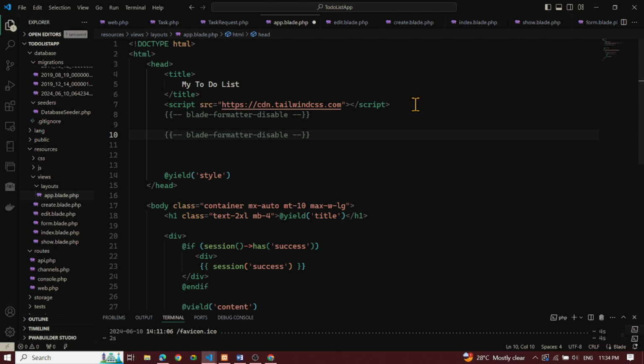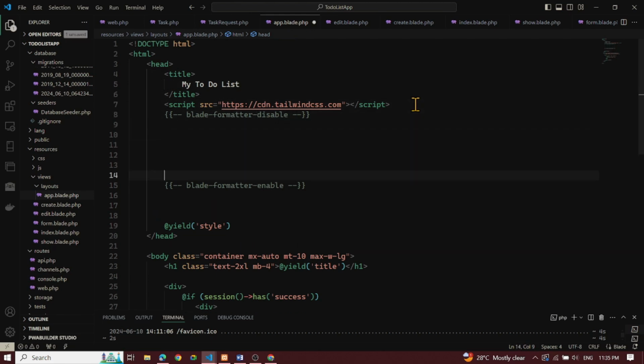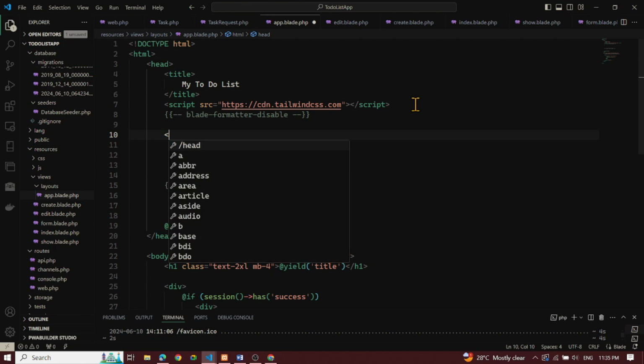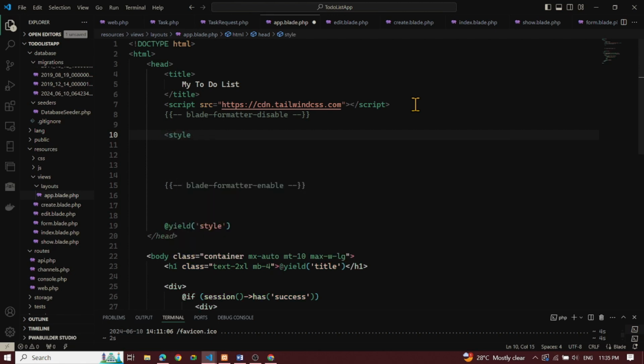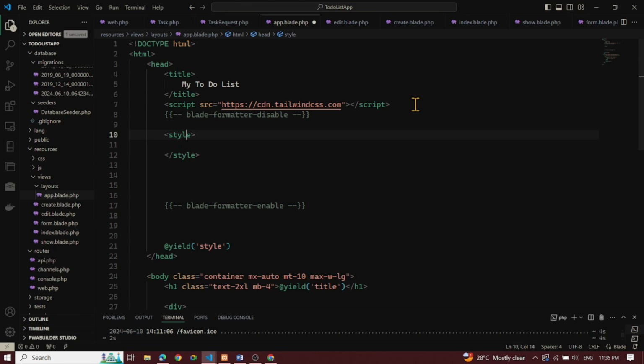Let's also enable the formatter after using this. Okay, so we have disable and enable. So inside this, we can put our style. Okay, so I'm putting style here, and the type of this style is